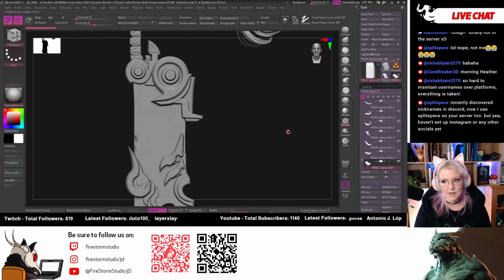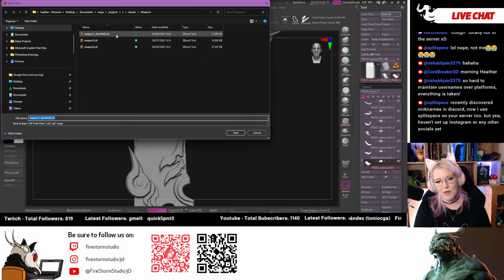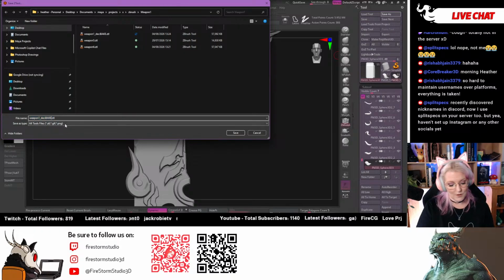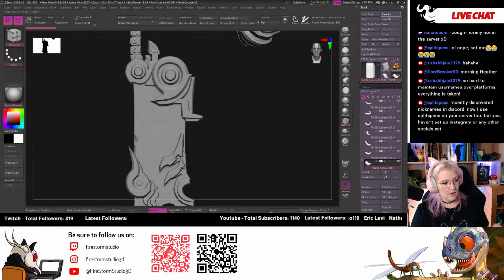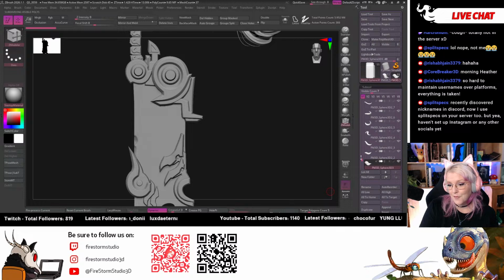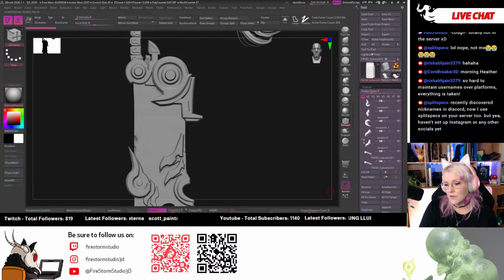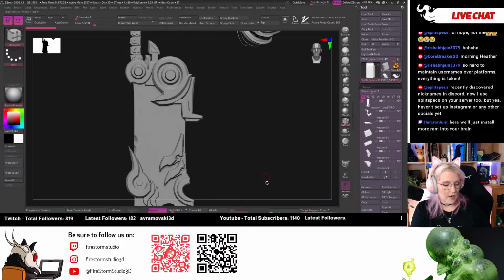Okay, I forget things. So we're going to save another file version of it. So we've got our Desi Bake, which is where we're going to decimate for Bake. This is going to be Desi Topo. So we're going to decimate for Retopo on here. And this is the one that we're going to be focusing on mostly today. We're going to focus on the Retopo decimation and what I'm going to be doing with it. So the first thing I do when I'm looking at something like this is, oh my god, there's so many different little pieces. And because we are going to be doing this for a game model,